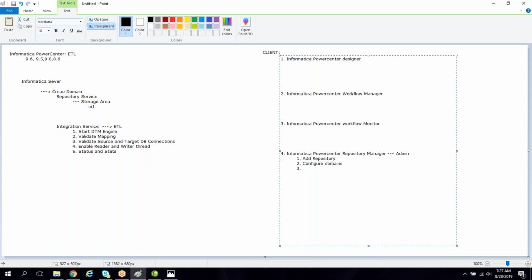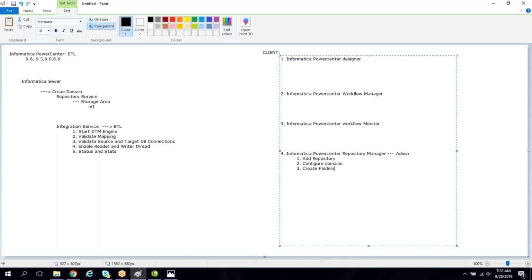After configuring the domains, we have to create a folder. Here we can create folders and give permissions to the folders. All these things can generally be taken care of by the admin. So adding a repository, configuring the domain, creating folders, or creating users can be done by the administrator only.